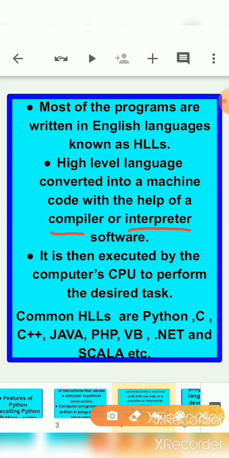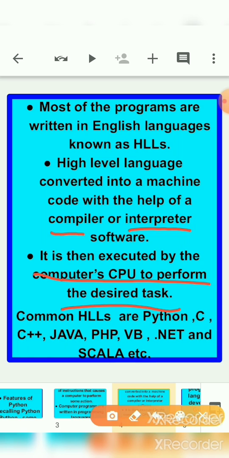So high level language is converted into machine code with the help of compiler or interpreter software. So whatever you are writing in English is converted into the machine code with any kind of software, whether it is a compiler or interpreter. It is then executed by the computer CPU to perform the desired task. Now you know that CPU is your brain.